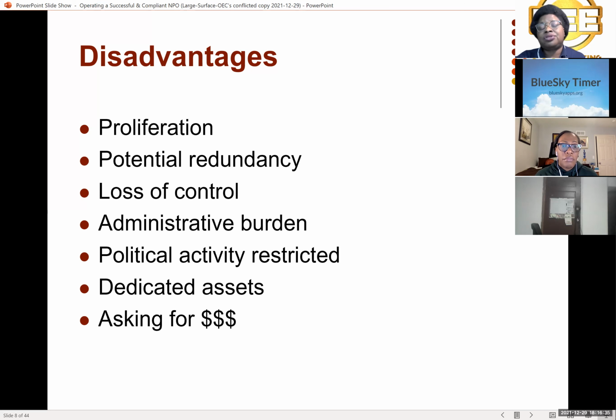There's a lot of administration burden. And I don't want to belabor all the disadvantages, but I want people to understand this. We have to file paperwork because we're not paying income taxes and we're saying we're doing something on behalf of society. So the government is going to make sure we're doing what we say we're doing on behalf of society. So we have more paperwork. Plus a lot of it too, they want to protect the people that are giving us money.